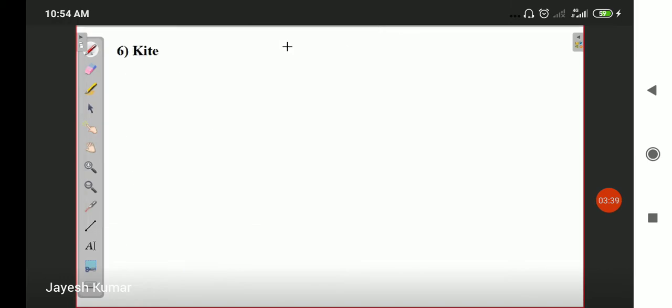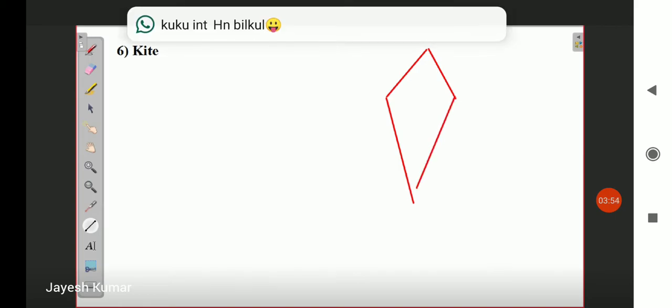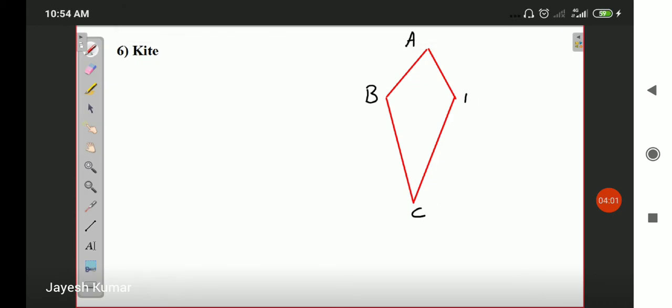Next, what we discuss is the kite. Let me draw the diagram for you so that you can understand its design. I think all of you have flown a kite at some point of your time. For most students, it is yearly culture, and lots of you were flying kites during the lockdown as well. So this is a basic kite type of quadrilateral. Again, it is a special quadrilateral with some special properties that need to be mentioned.